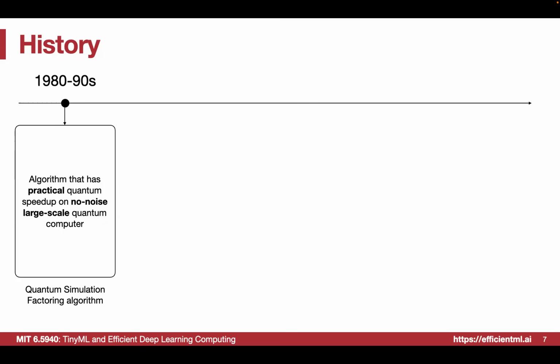In order to know how we should pursue that, we may look back at history to get some wisdom from previous generations of researchers. Back in the 1980s, the concept of quantum computing was first introduced by Professor Richard Feynman at Caltech. His famous saying is that since the world is quantum, why don't we just use a quantum computer to simulate the actual quantum world, right?